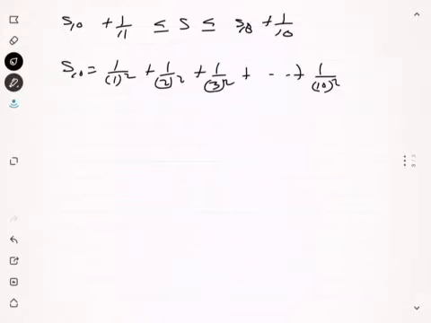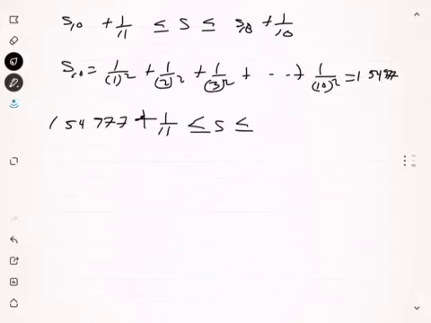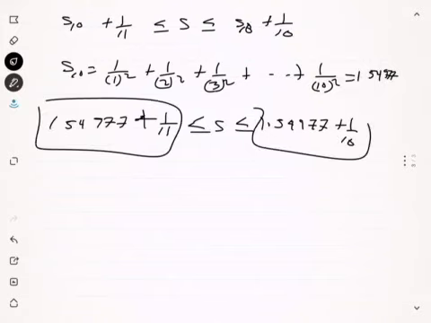1.54977. So therefore we have 1.54977 plus 1 over 11 is less than or equals to S, and then 1.54977 plus 1 over 10. Take this and add them up, so you get